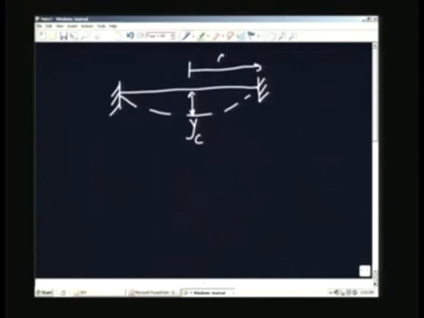So, I have the diaphragm which is fixed and it is going to undergo a change in shape like this, and I have a displacement which is measured at the center. I will call it YC, and let us take this as radius A, and the material